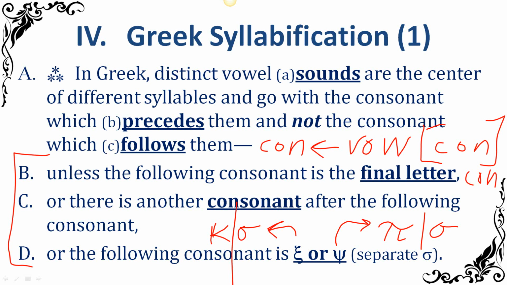So those ones actually kind of follow the same rule that we just had where you have two consonants that come afterwards. The first consonant will go with the first syllable, the second consonant and beyond goes with the next syllable. But these are technically not two syllables, but two consonants put together in Greek, and that's why they get divided out.